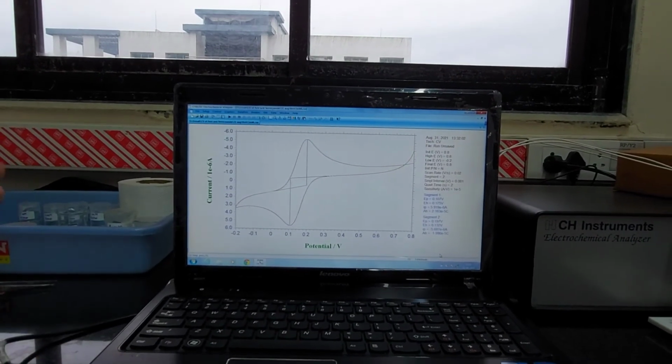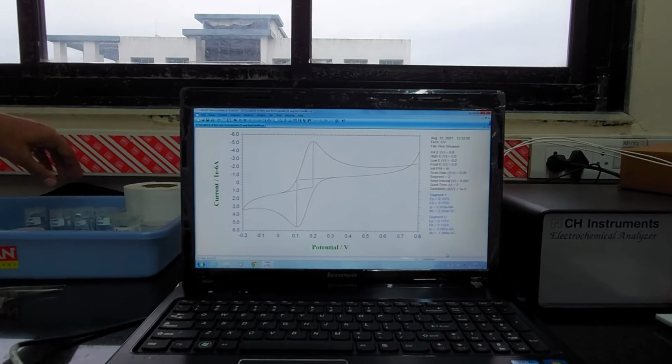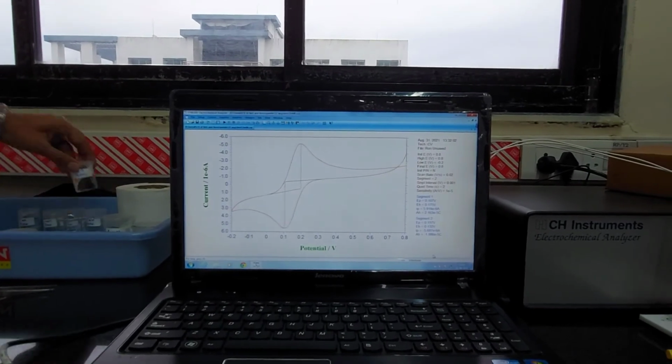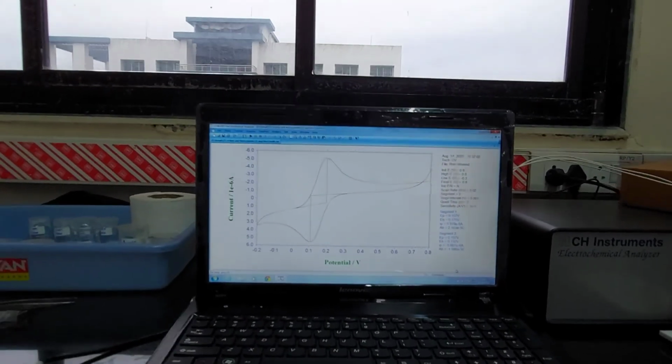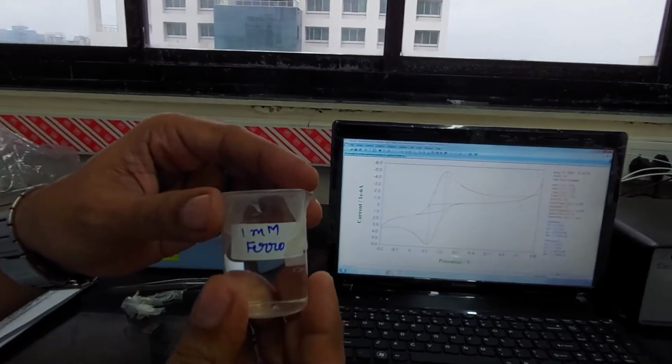Now once we had done all of these concentrations for ferricyanide, you would see we also have those concentrations made for ferrocyanide here.